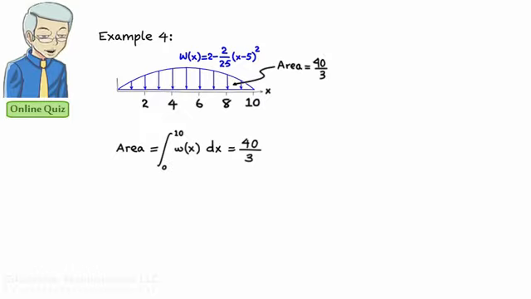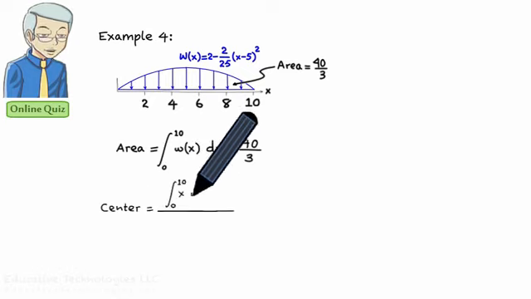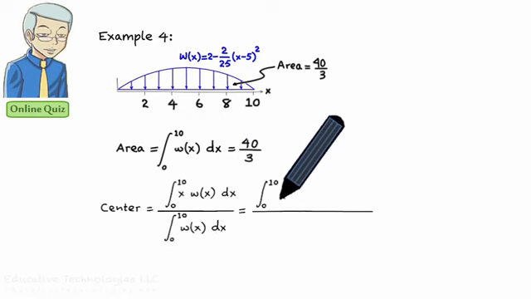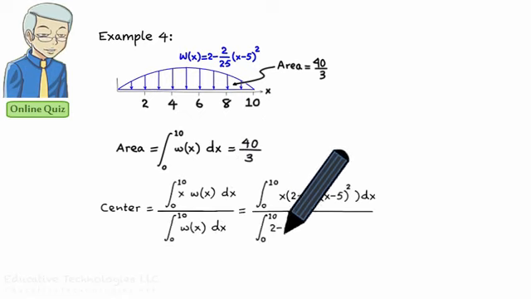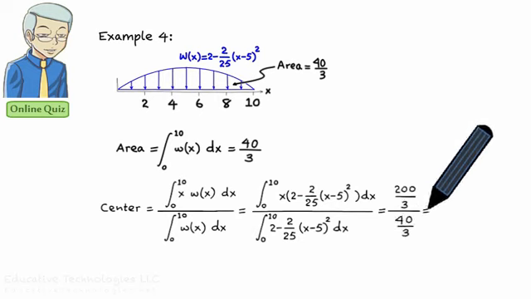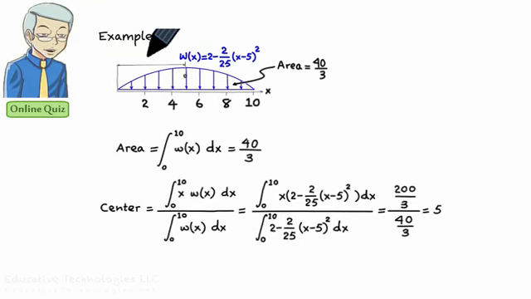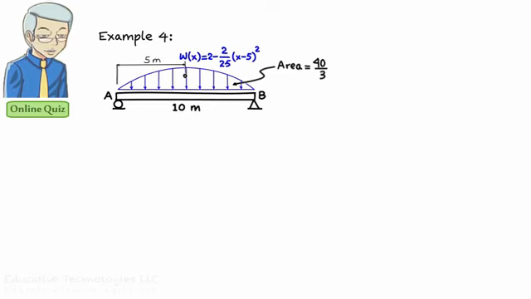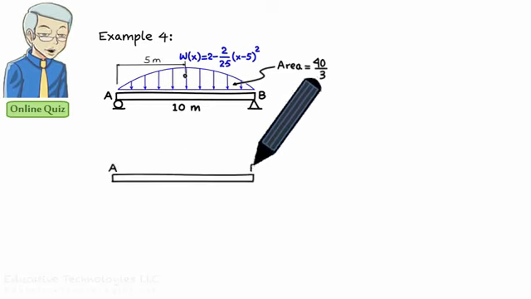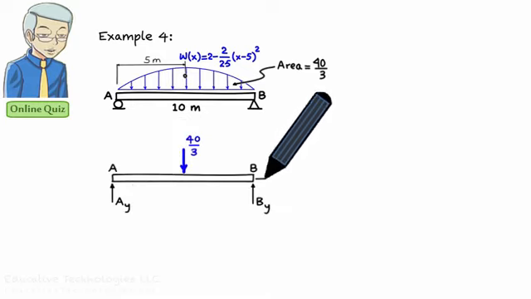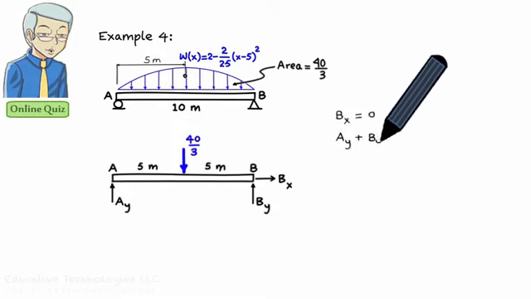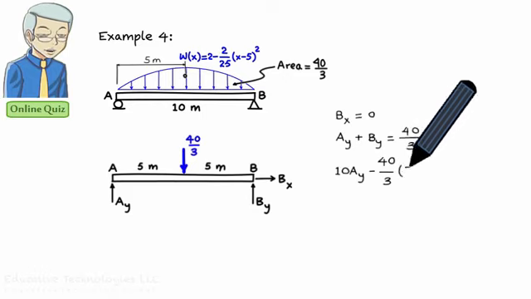To find the location of the equivalent concentrated load, we need to determine the location of the geometric centre of the area. This is done using this equation. So the centre of the area is located at the midpoint of the beam, 5 meters away from point A. Here is the free body diagram of the beam, where the distributed load has been replaced by its equivalent concentrated load. The equilibrium equations and the support reactions are